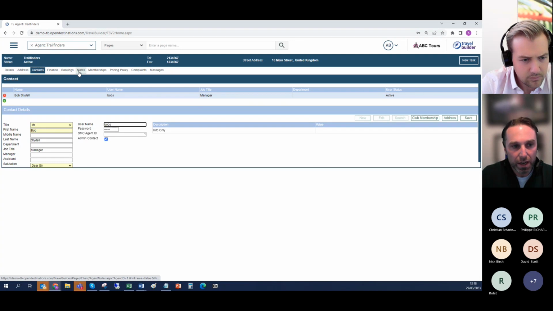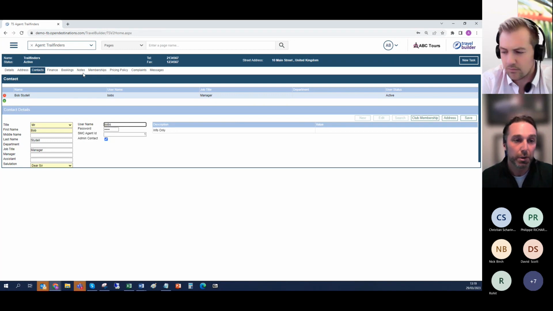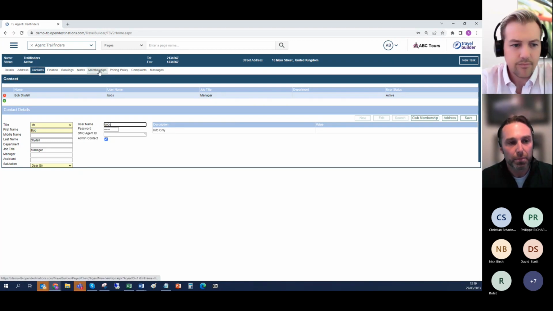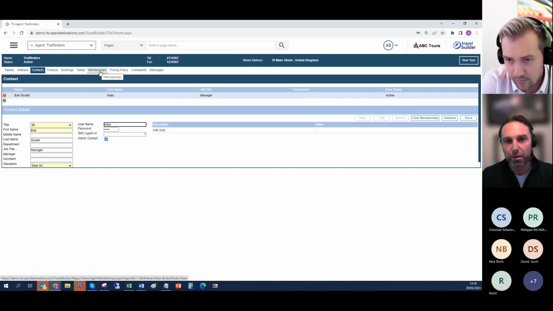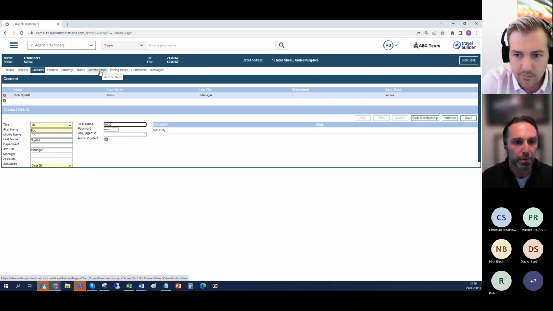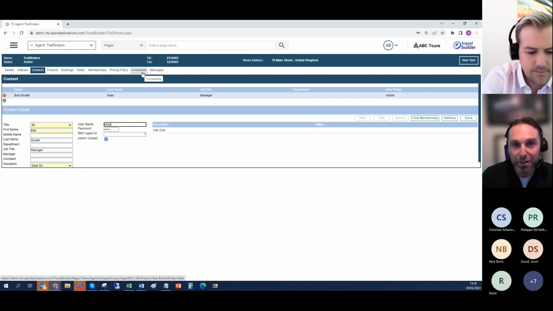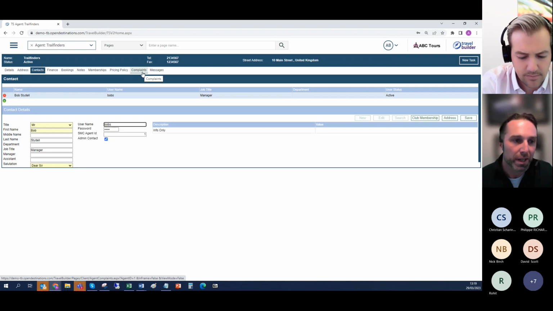Beyond that, wherever I see tabs across the top, there's a different screen within this agent record that I can manage. We won't have time to go through all of it, but as suggested by some of the names of the different tabs here, you can add in notes, or hold notes about this client. Perhaps if you've got an agreement contract with them, you can even upload it as an attachment. You can indicate whether they're a member of an association or a group of some sort. And you can even use Travel Builder to log any complaints or even positive feedback that you receive from them,